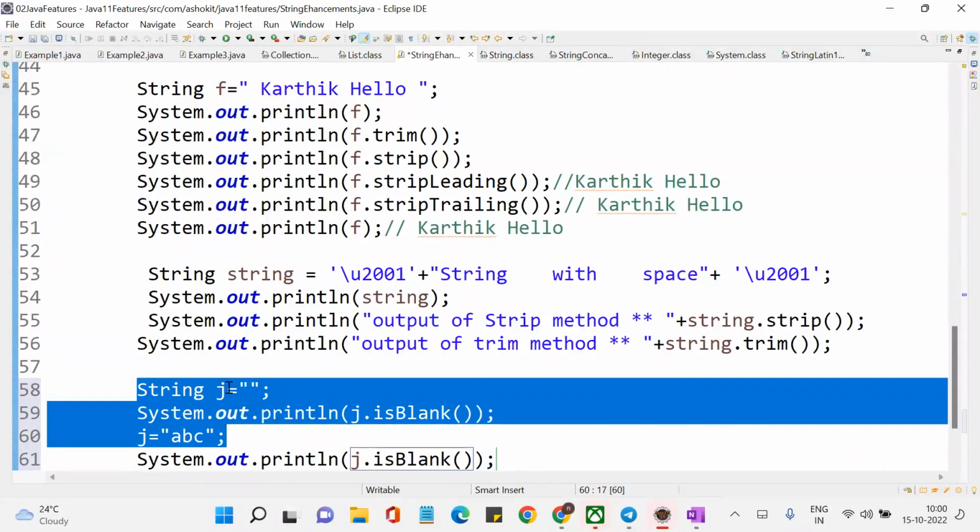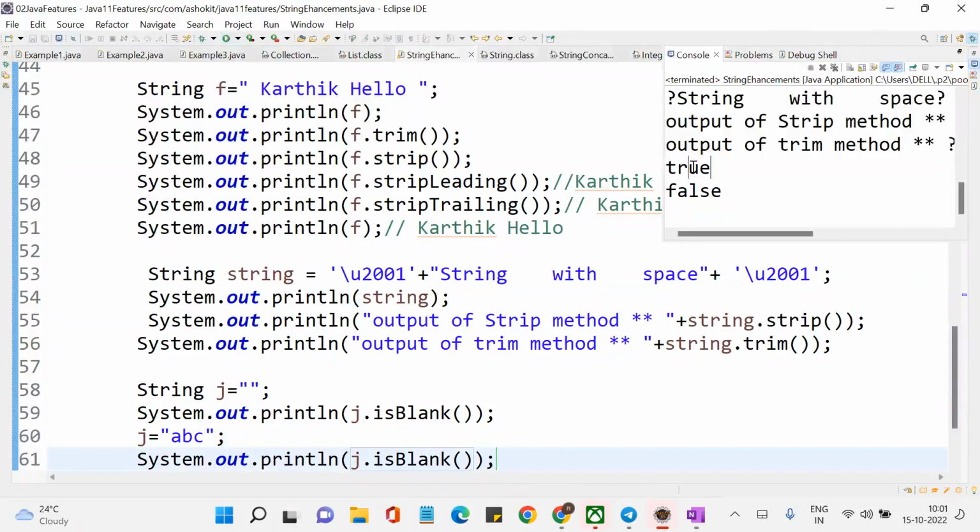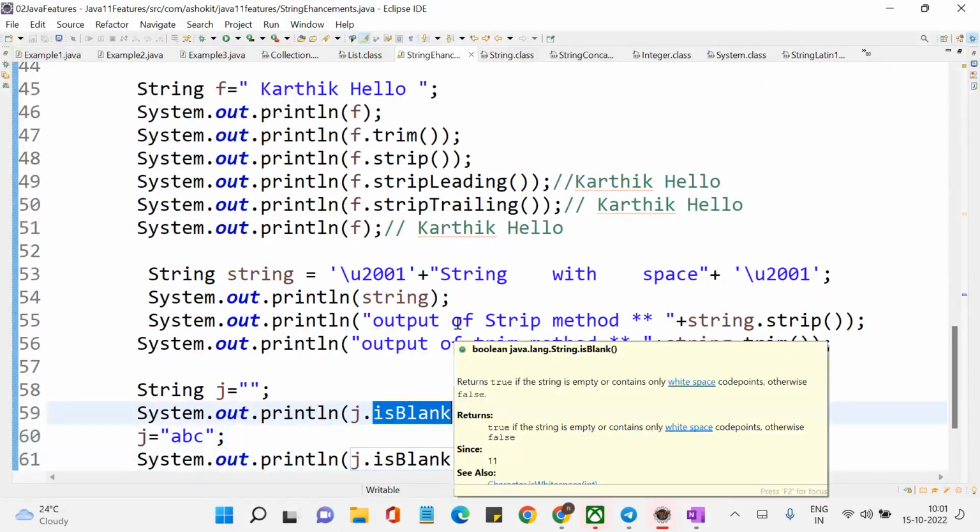But earlier j is pointing to the empty object. Now that will be unreferenced and then j will point to the new object called ABC. Here we are not changing the content of the object. We are creating a new object and changing the reference. Now here can I say that here I should get true and here I should get false? Say true and then false. So the isBlank method will tell you whether the given